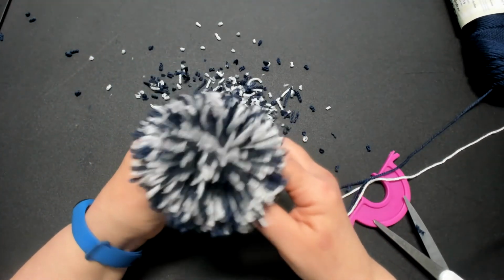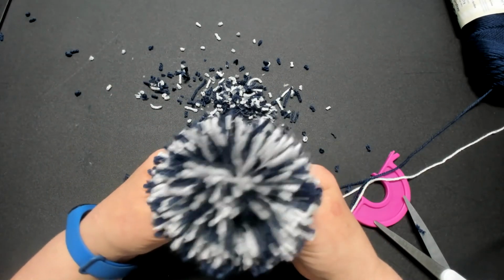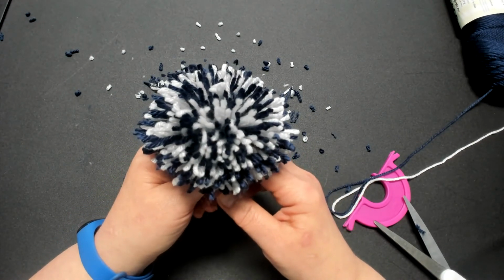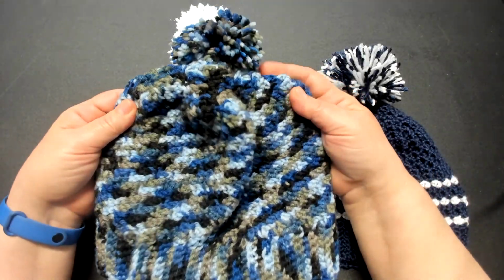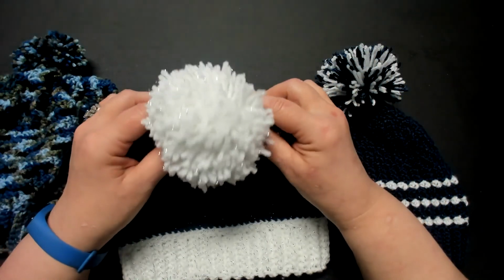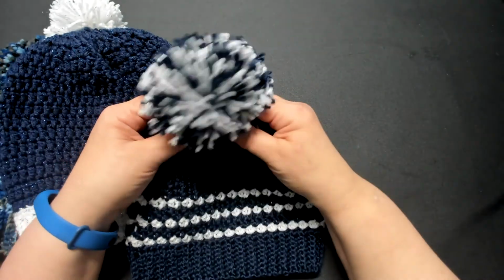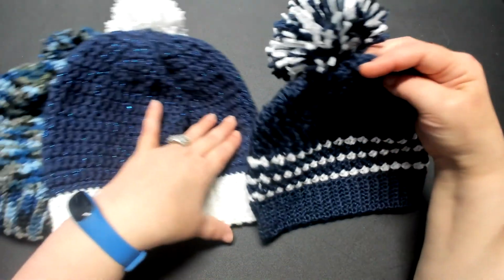So now I'm going to take a minute and actually secure these to the hats that I am making for the Hat Not Hate project to show you what they look like on the hats. Again, this is the pom-pom that we made using the fork. This is the pom-pom that we made using the toilet paper rolls and the round cardboard cutouts. And this is the pom-pom that we made using the pom-pom maker. So they all are cute,